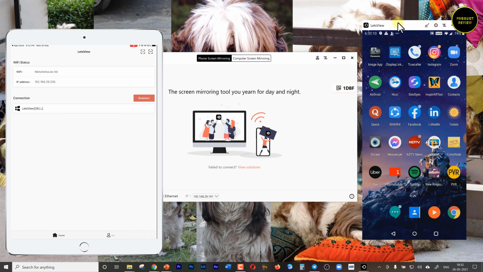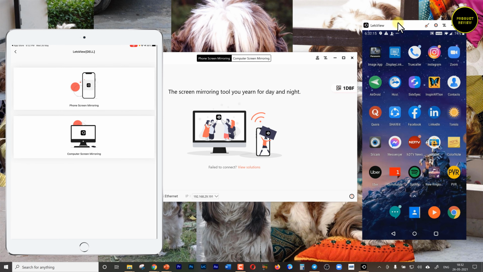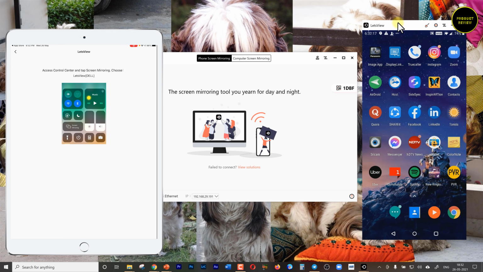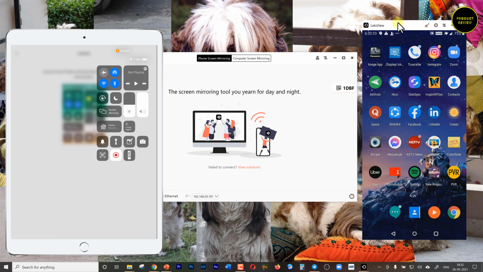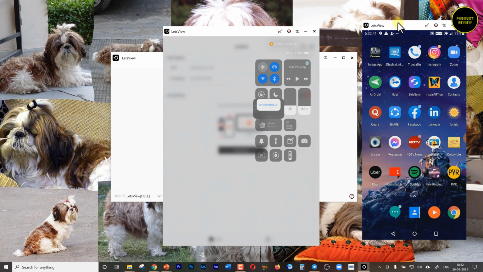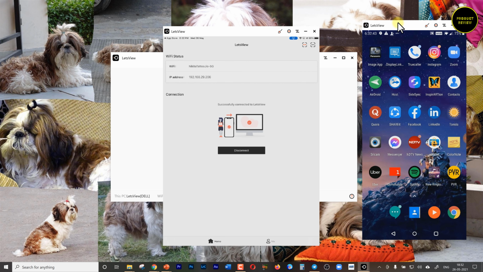Mirror it the same way as the phone. The iPad screen is now mirrored.